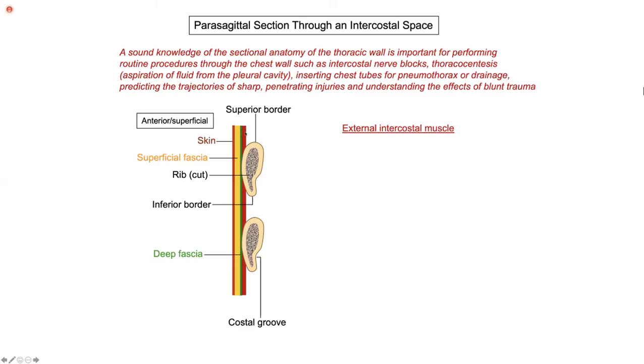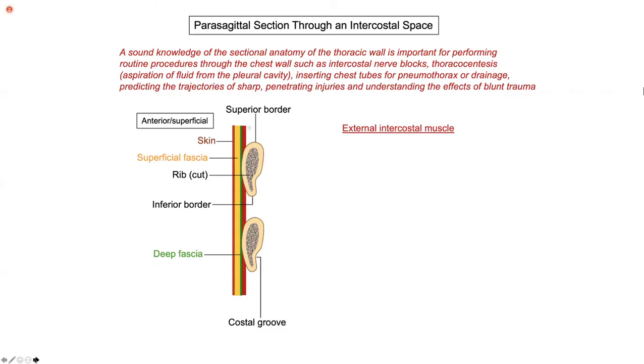Are we good? Guys, sometimes you get this question: if I pierce a needle in the mid-clavicular line from anterior to posterior, what layers will I be piercing? I'll be giving you a reference line, so you can say skin, superficial fascia, deep fascia, external intercostal, and so on. But you have to be very careful with the lines. So right now you're looking at the external intercostal muscle.